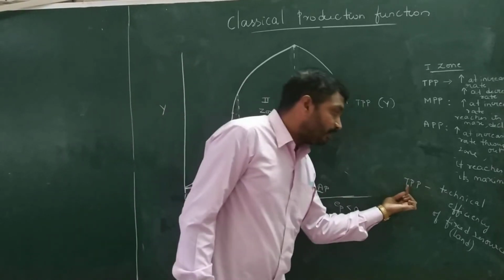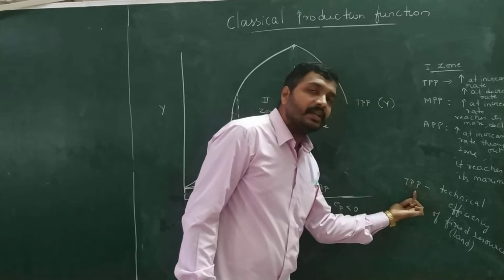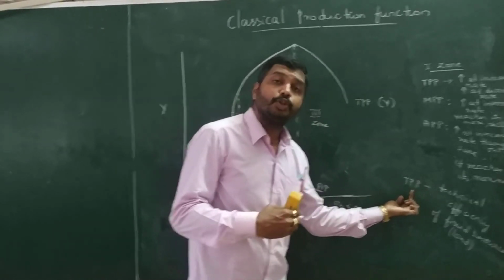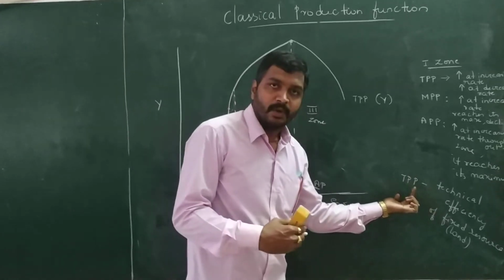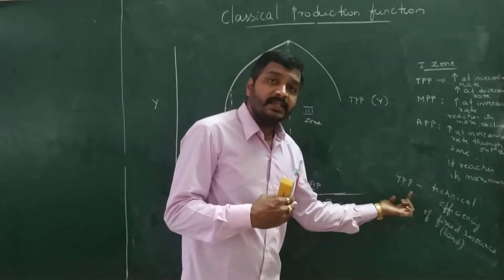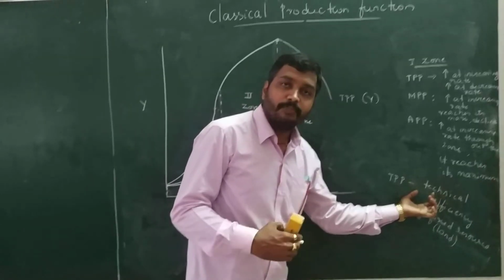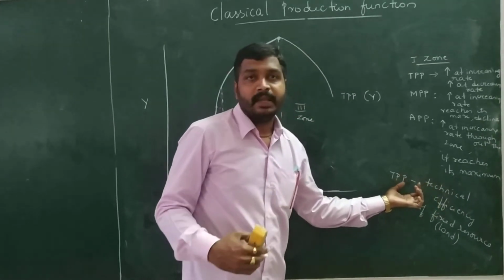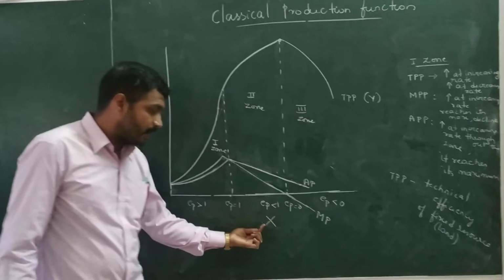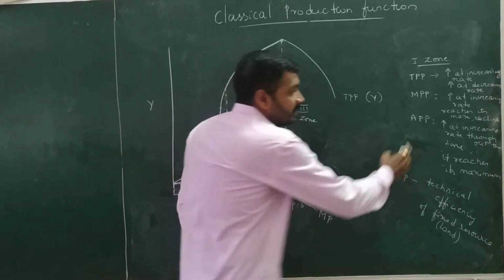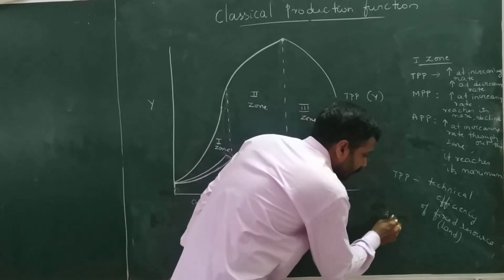So if TPP is exhibiting an increasing trend, whether at increasing rate or decreasing rate, both are a positive sign. What does it imply? It implies that the fixed resource still has a lot of potential which can be tapped by the farmer, and it can be tapped through application of variable input. And what does APP indicate?